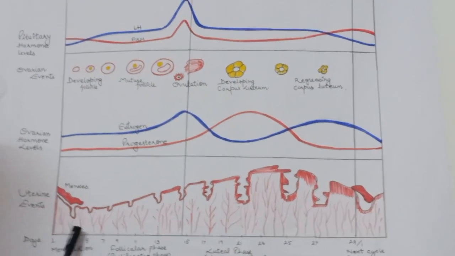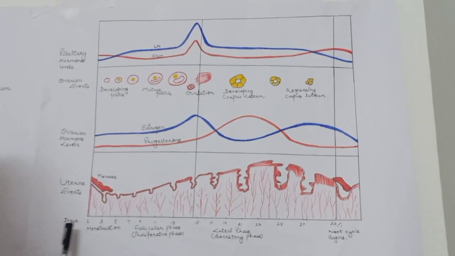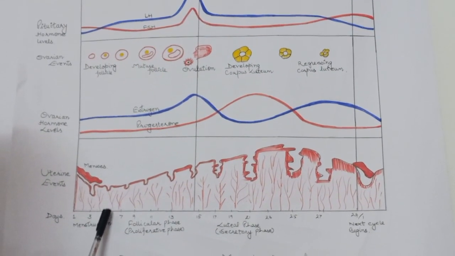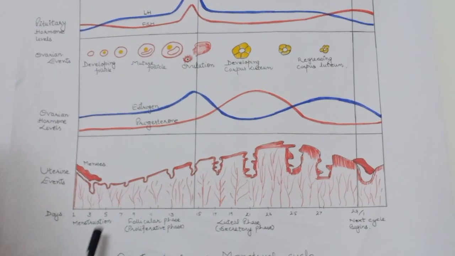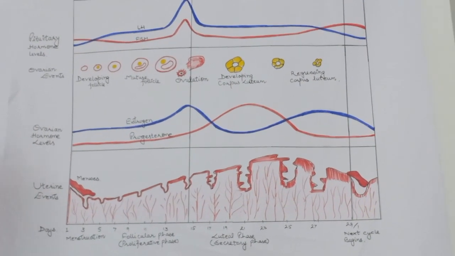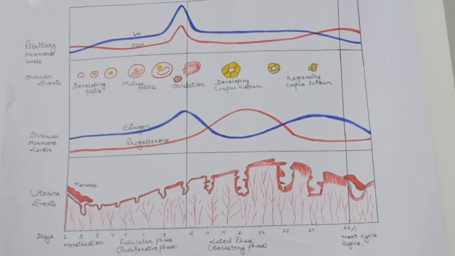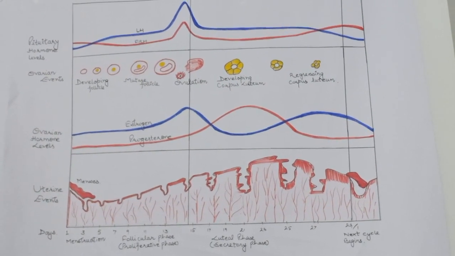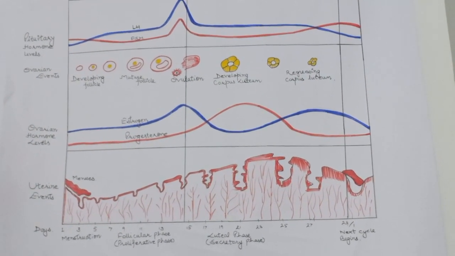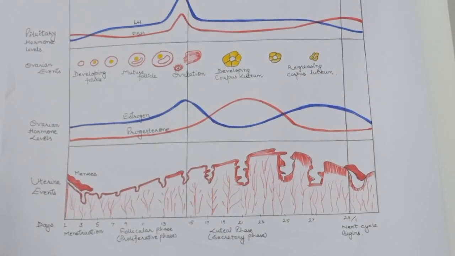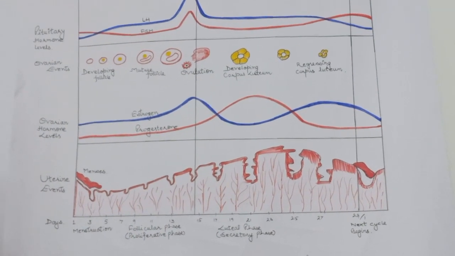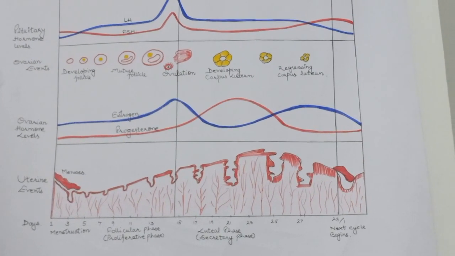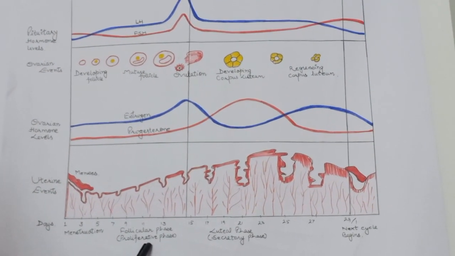The cycle starts with the menstrual phase. When menstrual flow occurs, it lasts for 3 to 5 days. The menstrual flow results in the breakdown of the endometrium of the uterus. Menstruation only occurs if the released ovum is not fertilized. Lack of menstruation may be indicative of pregnancy, but sometimes due to stress and poor health, menstruation does not occur. The menstrual phase is followed by the follicular phase.